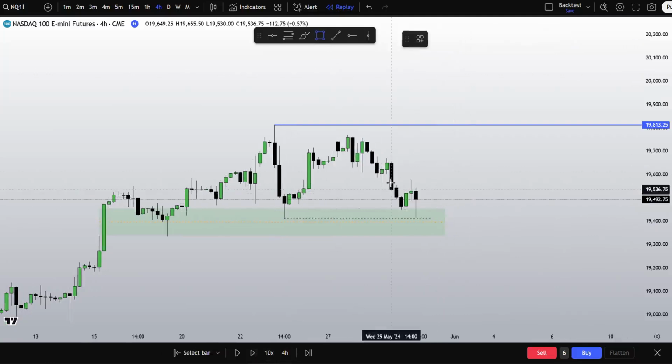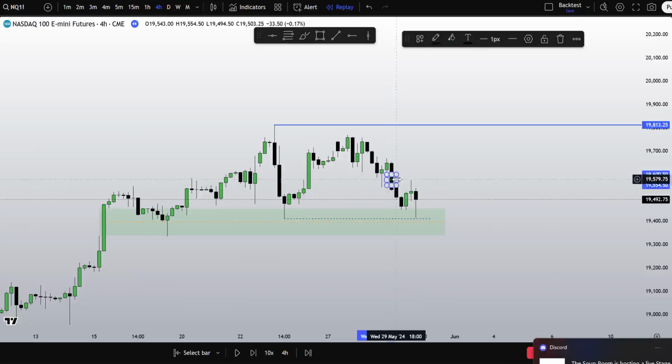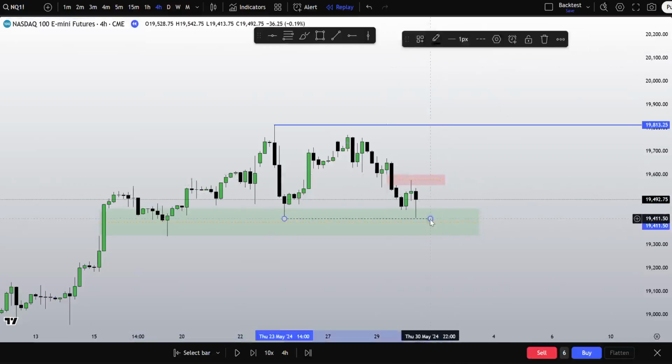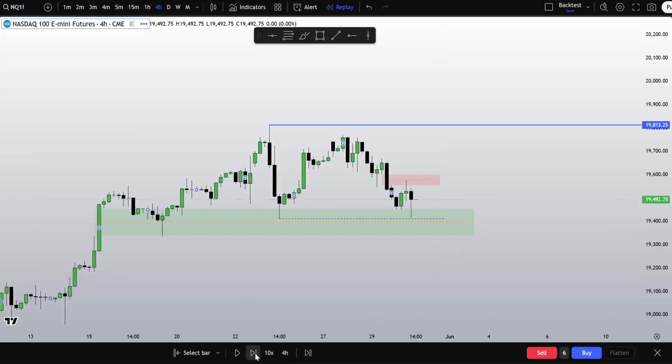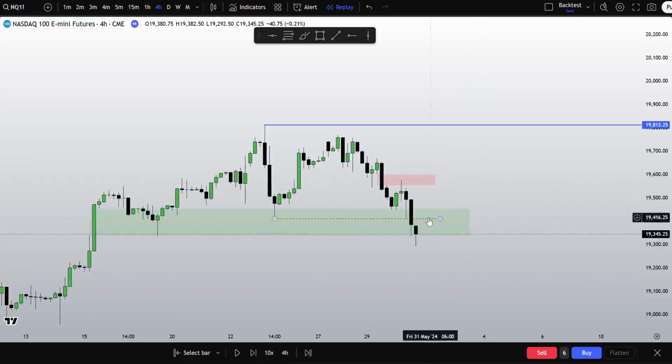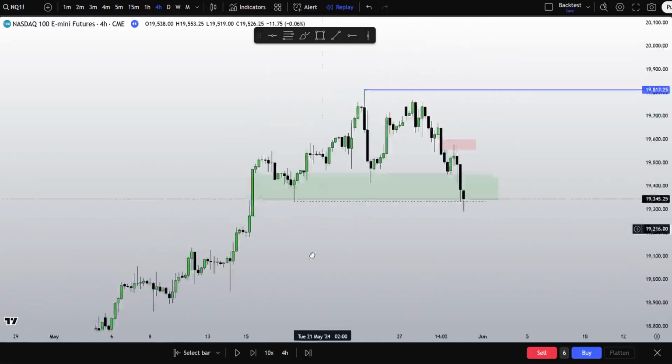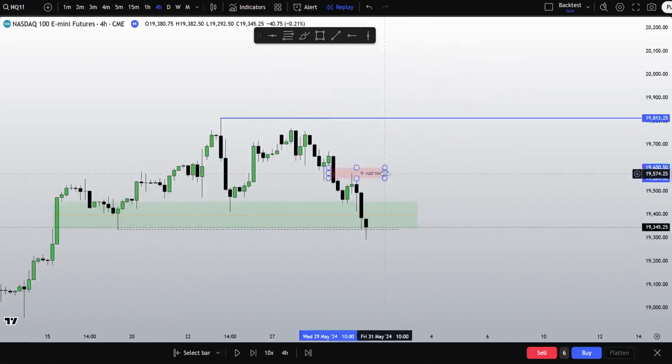Do we respect it? Again, you just keep on marking more imbalances, things that you can be cautious for. The low did not get tapped into yet. This could form an equal low. We will see. Low gets taken. Perfect. That's the next draw. This low gets taken as well. Should we disrespect this and continue on and go lower, we will adjust accordingly.